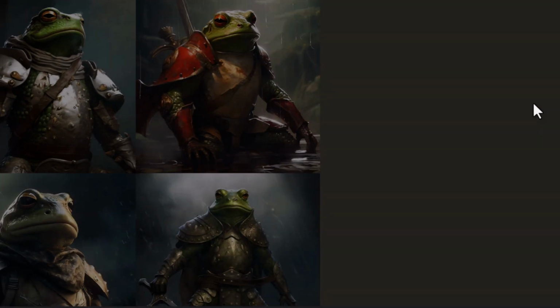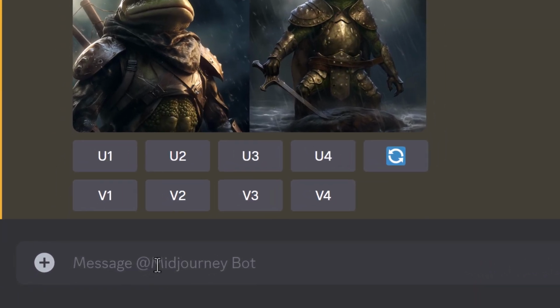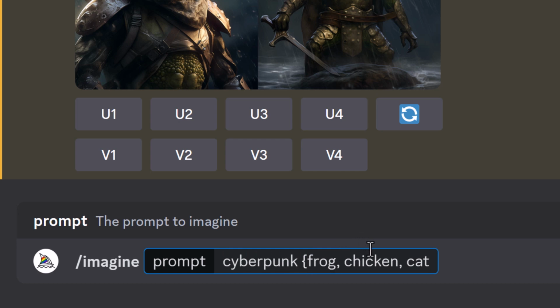But it doesn't just end there. If I want to mix elements and styles, I can also create something else. I go to /imagine. This time, I type in something like cyberpunk. I add my curly bracket. I have frog, chicken, and cat. Now, I can also mix something such as a style or even a parameter. So if I wanted to, I could have the same curly brackets in here, although maybe I want to say